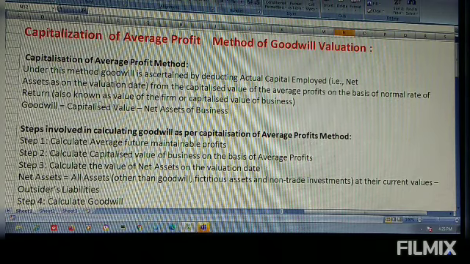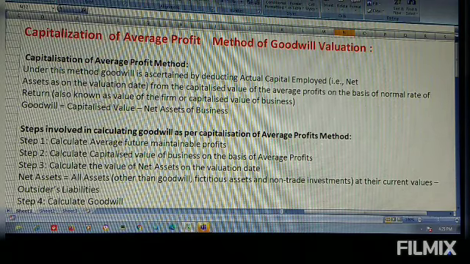Under this method, we first ascertain the actual capital employed by deducting it from the capitalized value of the average profit on the basis of normal rate of return. Then we can ascertain goodwill like this: goodwill equals capitalized value minus net asset of business. Okay, let us again